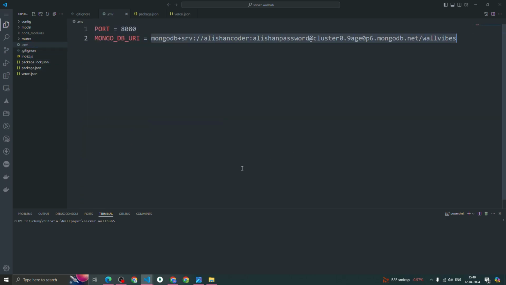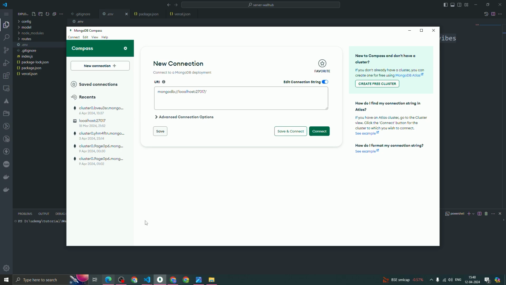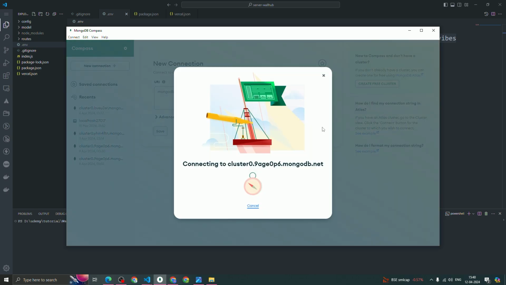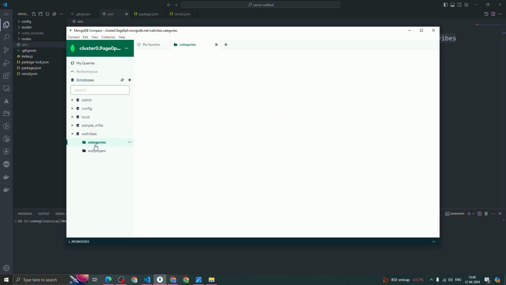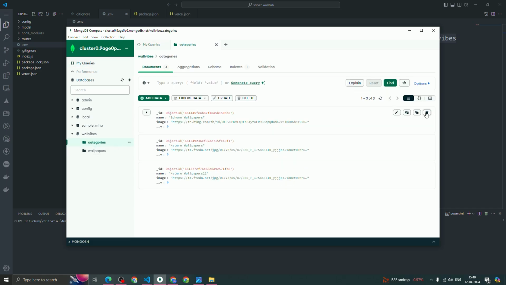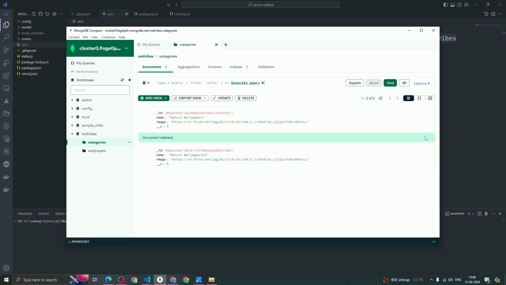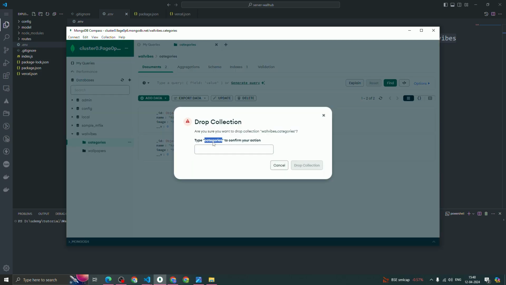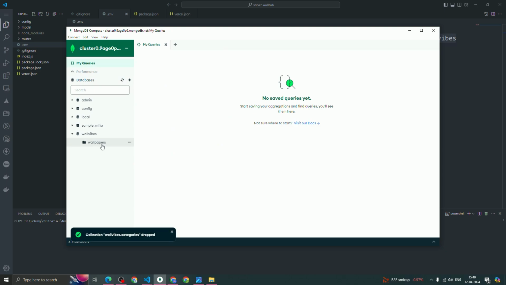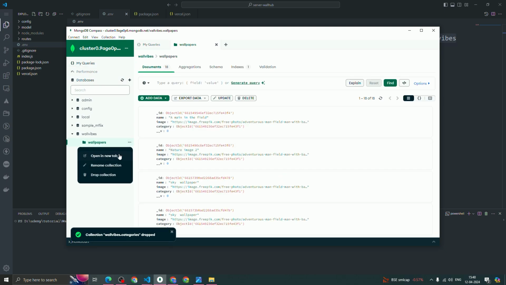So you can open the MongoDB Atlas in the browser, or you can open the MongoDB Atlas of your local machine. Whatever you guys have, you have to open that and just paste that URL. Click on connect. Okay, and here what I'm trying to tell you guys is that you can drop this database because we are having some dummy data. So you can delete this like this. Or you can just drop this collection, so it will delete the whole test data like this. Or you can click on drop collection again,